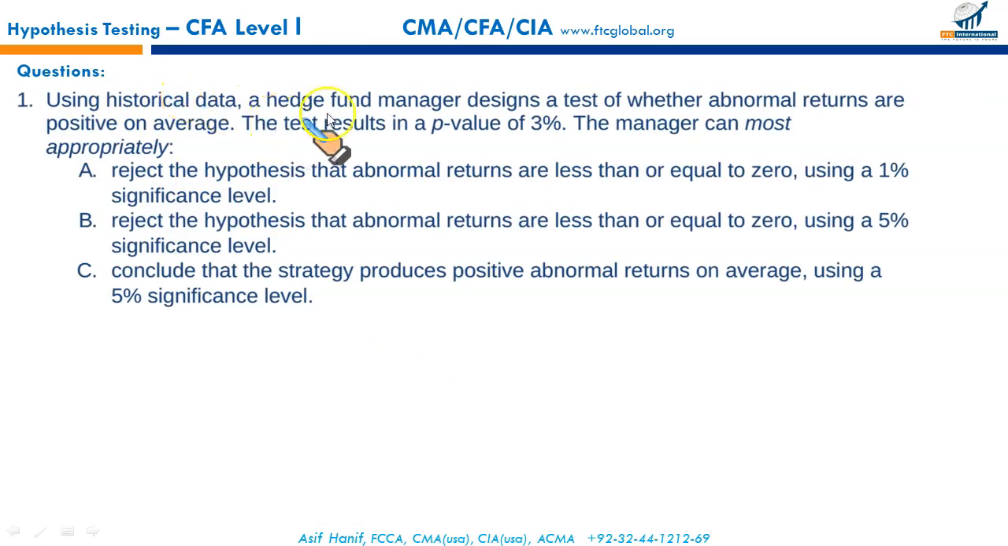Using historical data, the hedge fund manager designs a test of whether abnormal returns are positive on average. The test results in a p-value of 3%. The manager can most appropriately reject the hypothesis that abnormal returns are less than or equal to 0 using a 1% significance level? Since we are talking about a p-value of 3%, it has to be a 5% level of significance. So 1% would be too narrow. So reject the hypothesis that the abnormal returns are less than or equal to 0 using a 5% level of significance,